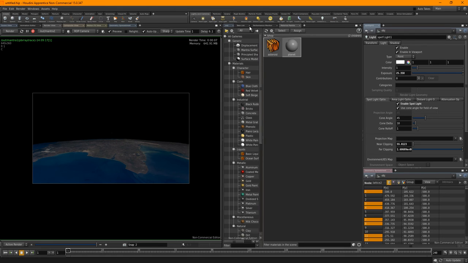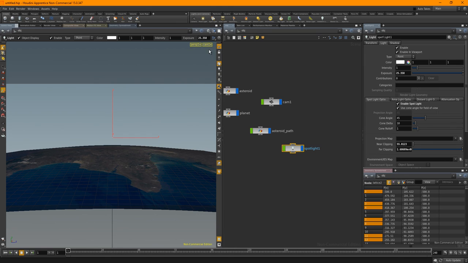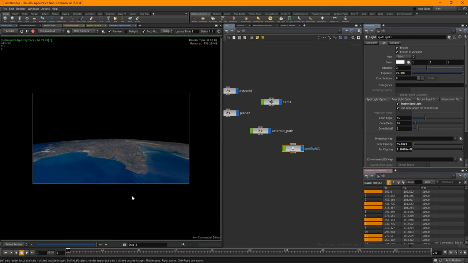Yeah, that's okay for the time being. Let's look through that light again. Yeah, exposure about 3. Not an exposure, an intensity. Okay, that's brightening it up just a little bit.